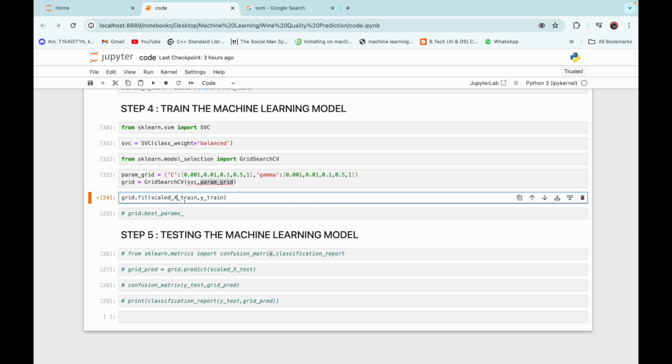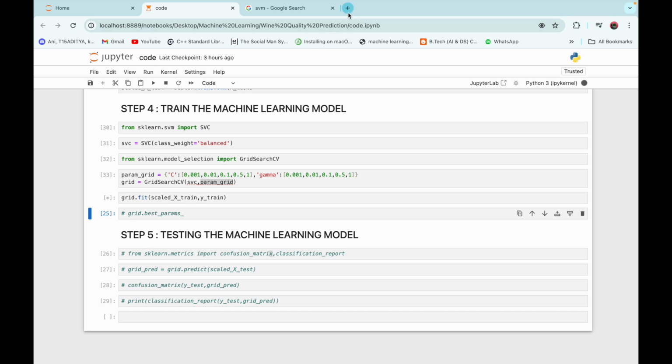Now after that we are going to train our model by grid.fit with scaled X train and y train, that is the scaled features for training and labels for training. So now our model is going to be trained. It will take some time,